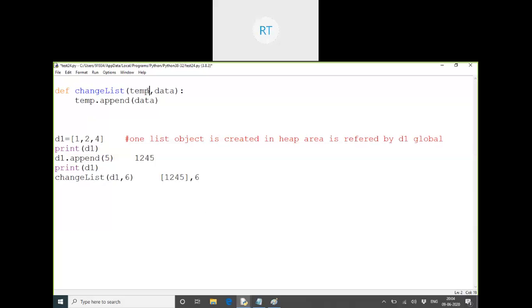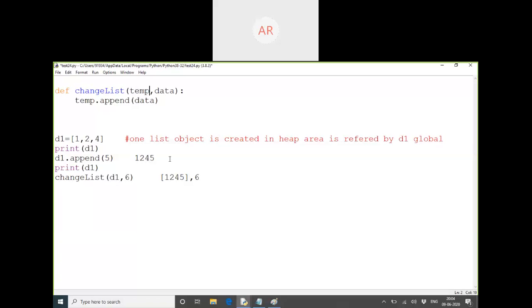Now temp is equal to... Ma'am, your voice is breaking. Okay, one second. Ravi, mute your mic. I just muted the voice. Okay, one second. It is good, ma'am, right now. Now is it okay or is it breaking? It is okay, ma'am. Okay, fine.